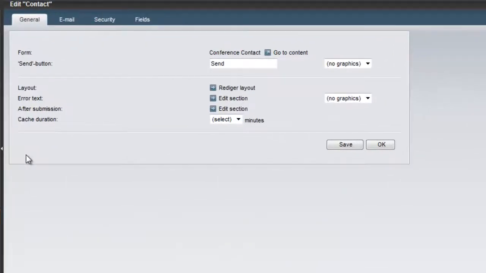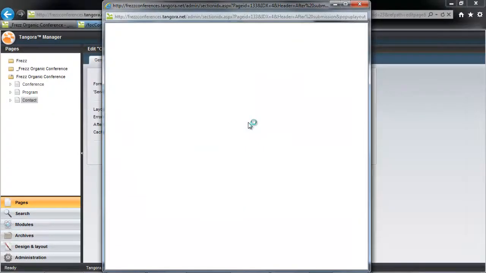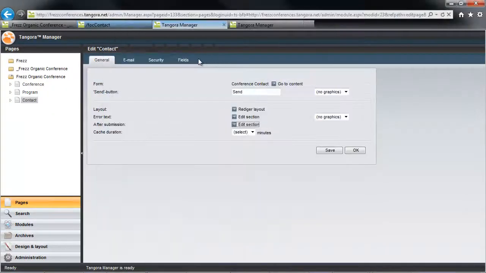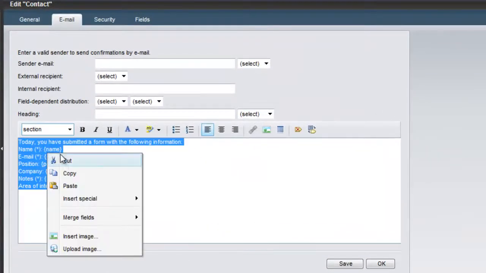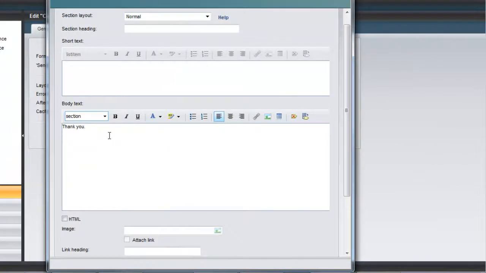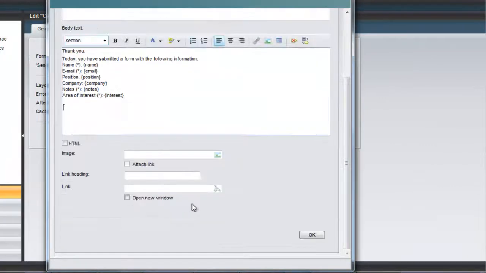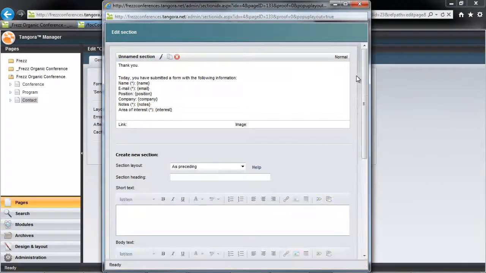To change the thank you text that your visitor gets after submission, we'll repeat the same process. A little tip here is that you'll often want to have the same or a similar message to the email which you've configured. So we might just copy and paste that content. Okay, so now we're actually done with our basic configuration.